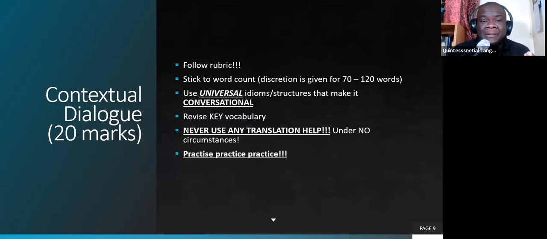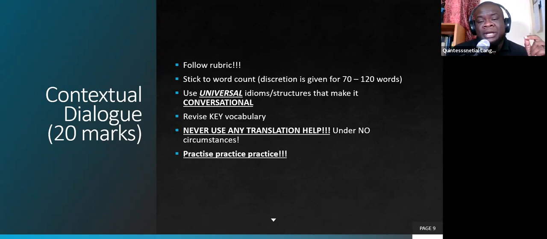When you're writing your letter, the very nature of a letter is such that it's a one-way piece of communication that is on pause before the person writes back to you. Like a text message, like a WhatsApp message, like a DM, right? While these things are more instantaneous, there needs to be one person giving out the information first before it comes back. That's how the letter is. But with the contextual dialogue, you're given the impression of two persons in person, in real time, having a conversation with each other. That is the impression you try to get by what you write on the paper. So you have to make sure that the idioms and stuff that you use bring across a conversational tone.